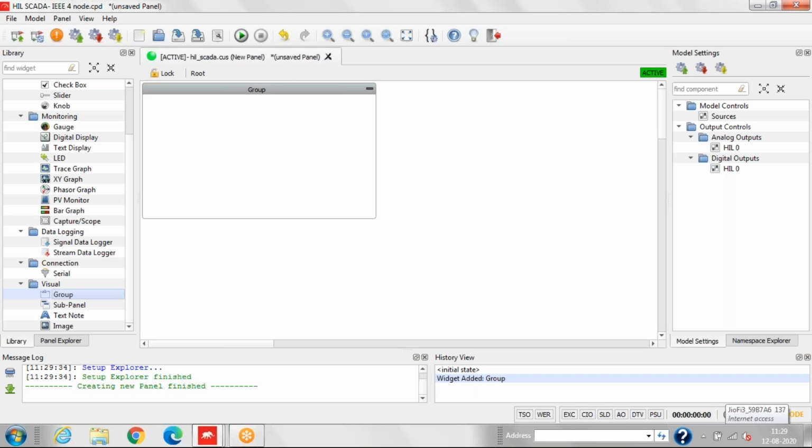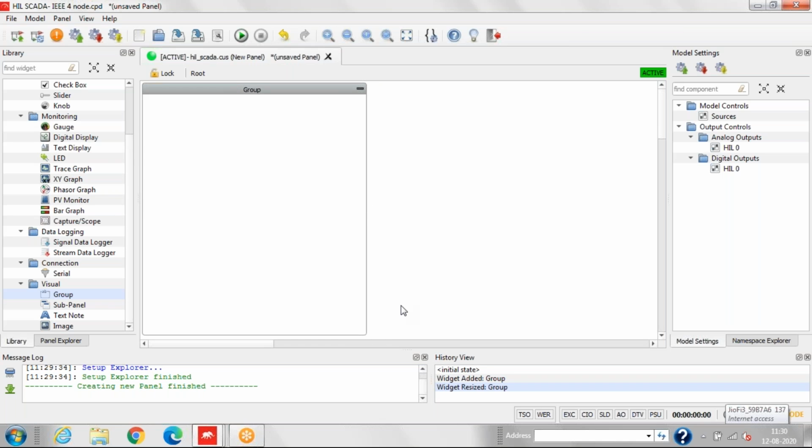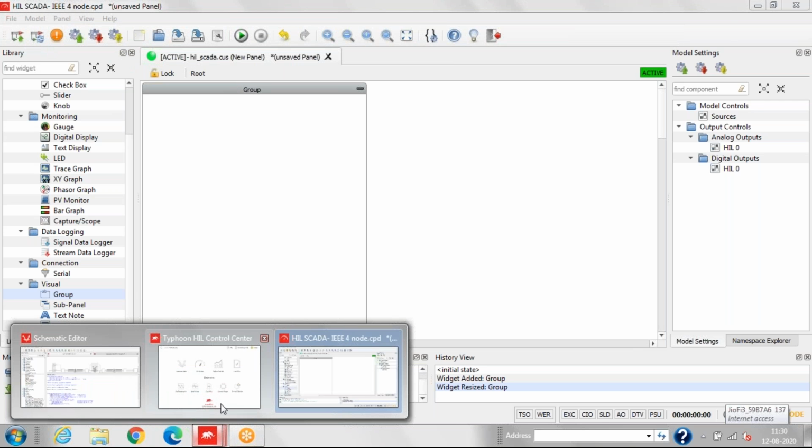One of your colleagues was saying it supports optimization techniques, nonlinear control systems, fuzzy logic, artificial intelligence, then machine learning. So can it be interfaced to other software so that I can get the results, just like MATLAB and LabVIEW? Yeah, you can integrate with MATLAB. Here we have the option. You can integrate with MATLAB.